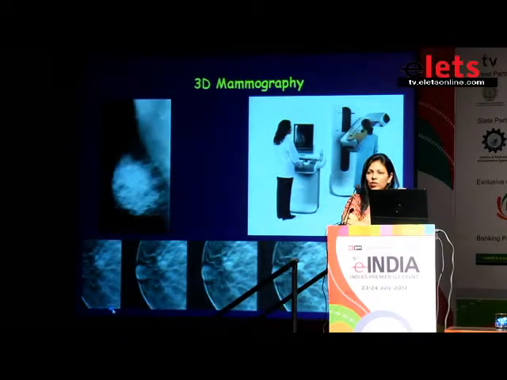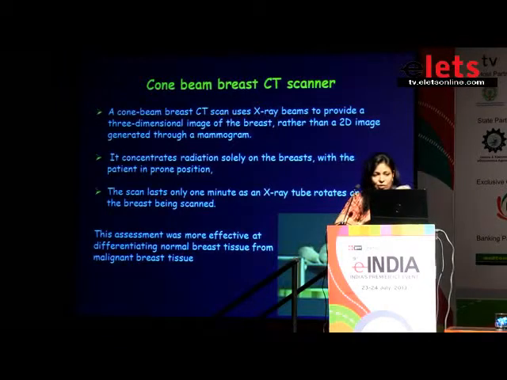3D mammography, the tomosynthesis we were talking about. Like I said, our routine mammography is only a two-dimensional image. Everything is superimposed on everything. So if you have a malignancy sitting right behind this area of dense glandularity, you can't pick it up. But with this 3D mammogram, the tube rotates all around the patient and captures images from all directions. You can just slice away the breast tissue, 1 mm, 2 mm, and then you can see it slice by slice, and there's no way you're going to miss anything on that.